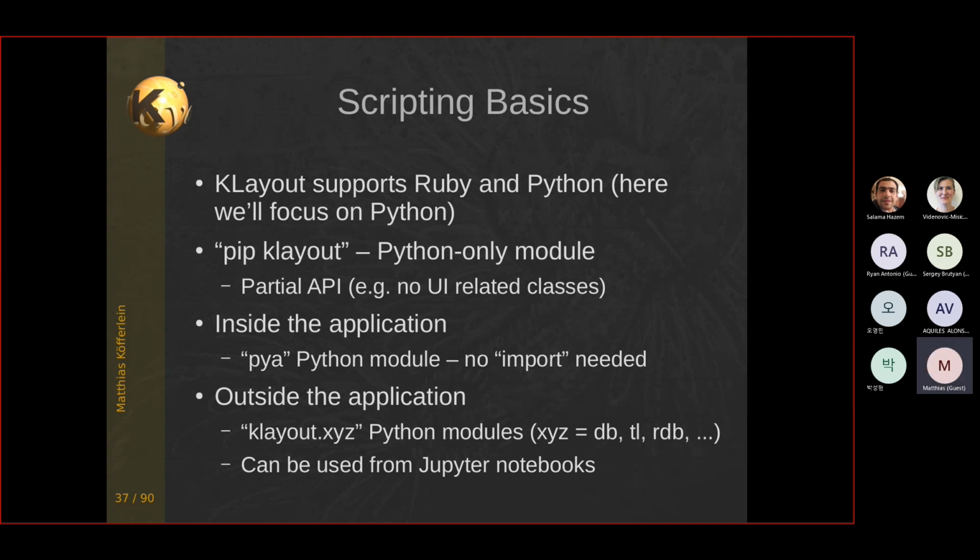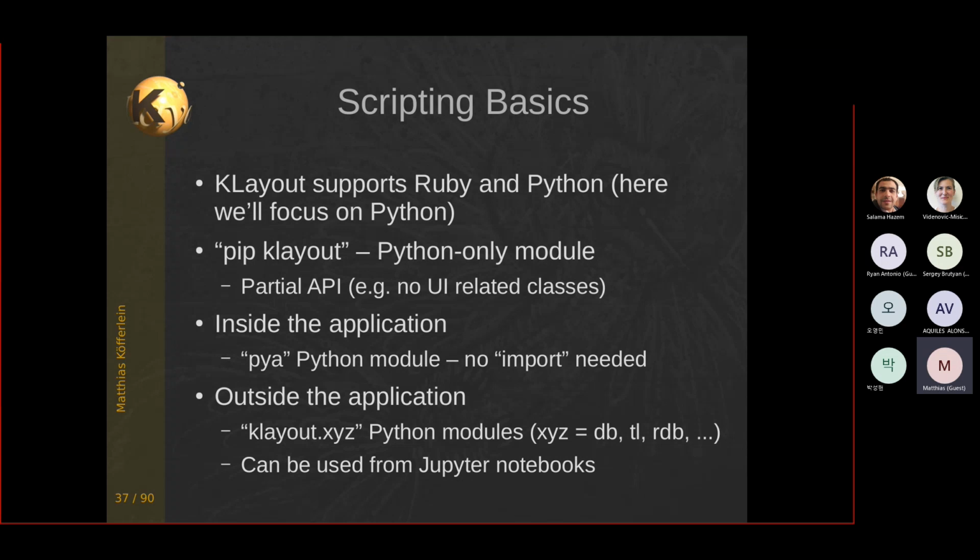Okay, as I told you before, we have 2 scripting engines available in KLayout. In the SDF environment, we don't have Ruby, which is not painful here because we want to focus on Python. And Python comes in 2 flavors. You can use the one internally built in, as you can start the application, the same thing we did before, and you can run Python scripts inside this application. So the application acts as a Python interpreter, but you can also install the KLayout module from PyPI, which is the Python package repository, and there's one module which is called KLayout. You just install it,